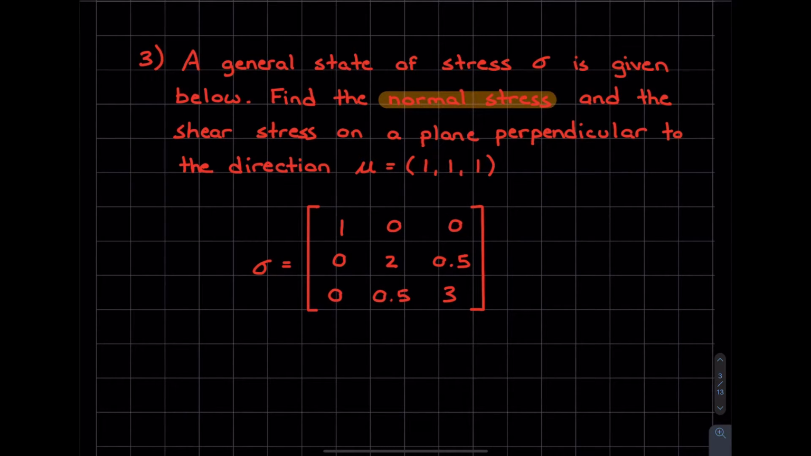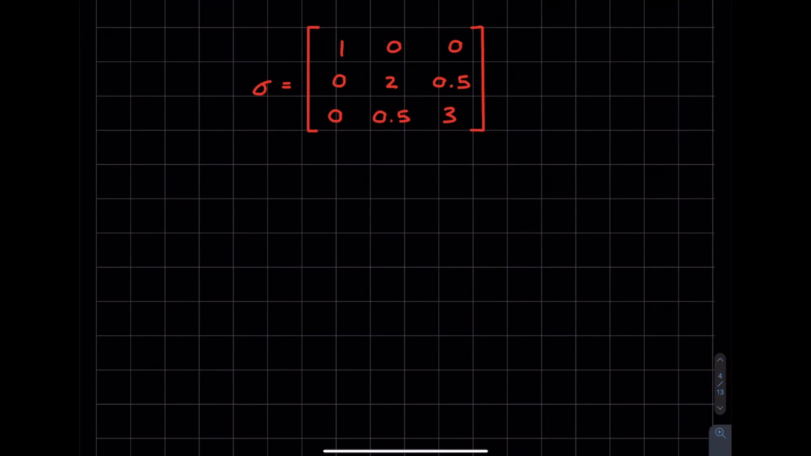So we need the normal stress and we need the shear stress on a plane perpendicular to the direction u equal to 1, 1, 1. So this u has the direction of our normal vector n, which is exactly what we want. But again, there's a trick that we're going to have to remember. If we're thinking about the normal stress and the shear stress, something required in both of those equations is the traction vector, and we don't have the traction vector. So our first step, whenever finding the normal stress and the shear stress, is going to be finding that traction vector, Tn. And if we remember, Tn is equal to sigma times